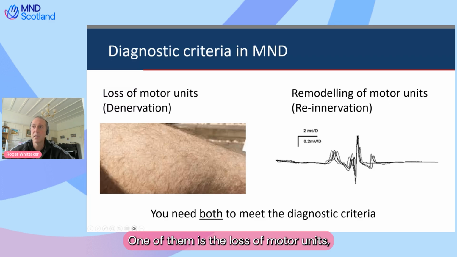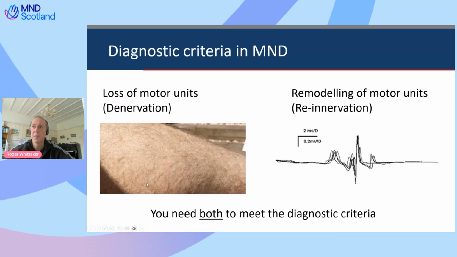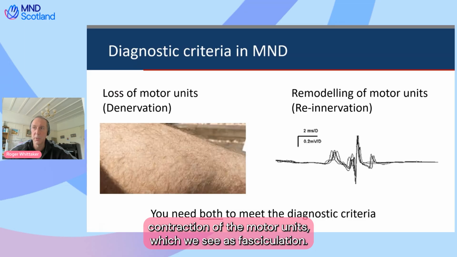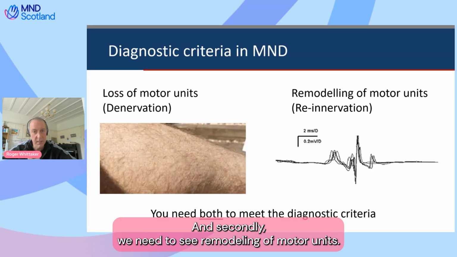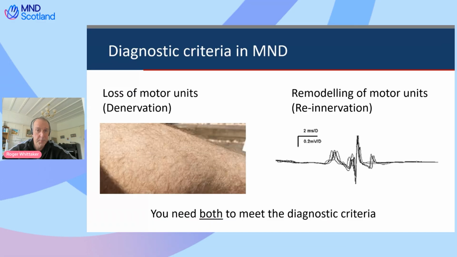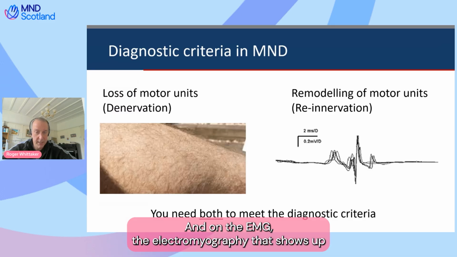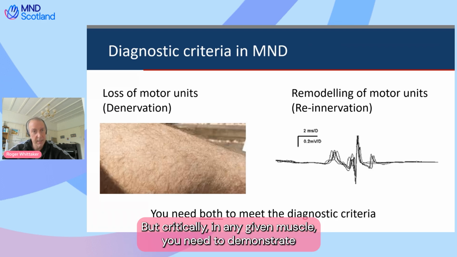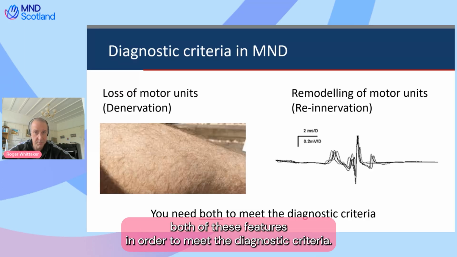One of them is the loss of motor units, and that, as I say, can manifest as spontaneous contraction of the motor units, which we see as fasciculation. And secondly, we need to see remodeling of motor units. And that's a sign of what we call reinnervation. And on the EMG, the electromyography, that shows up as increased complexity of the signal that we record. But critically, in any given muscle, you need to demonstrate both of these features in order to meet the diagnostic